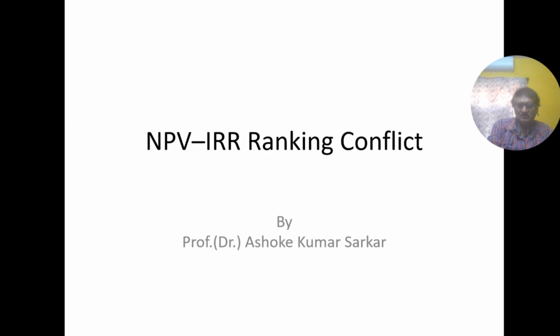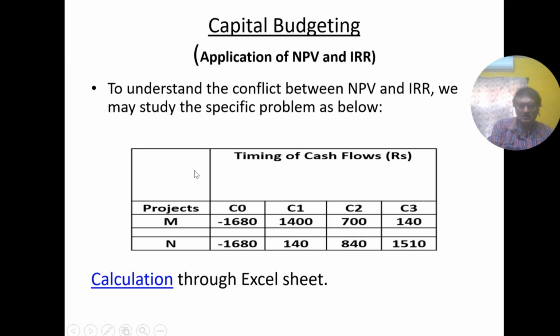The contradiction between NPV and IRR for selection of a project. NPV means what? Net present value. And IRR is the internal rate of return. These are the tools for decision making under capital budgeting. Okay. To understand the problem, we have taken these projects,